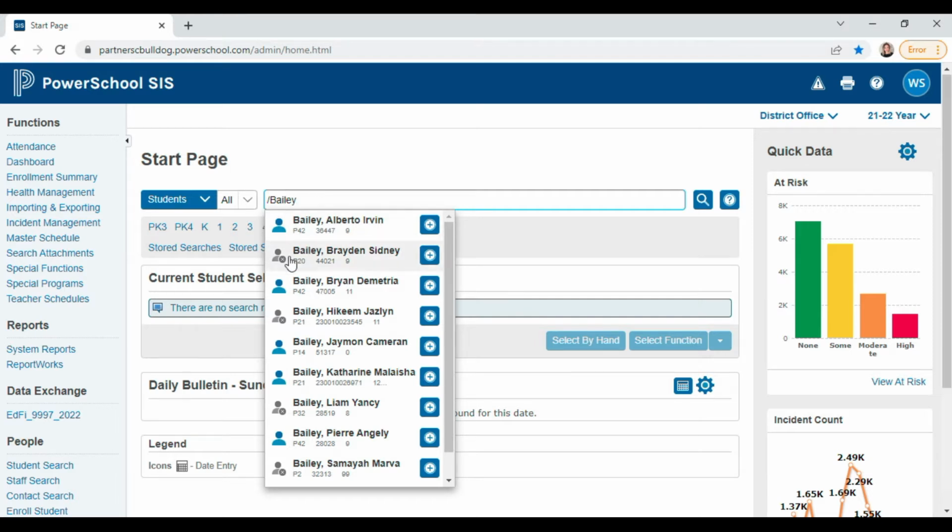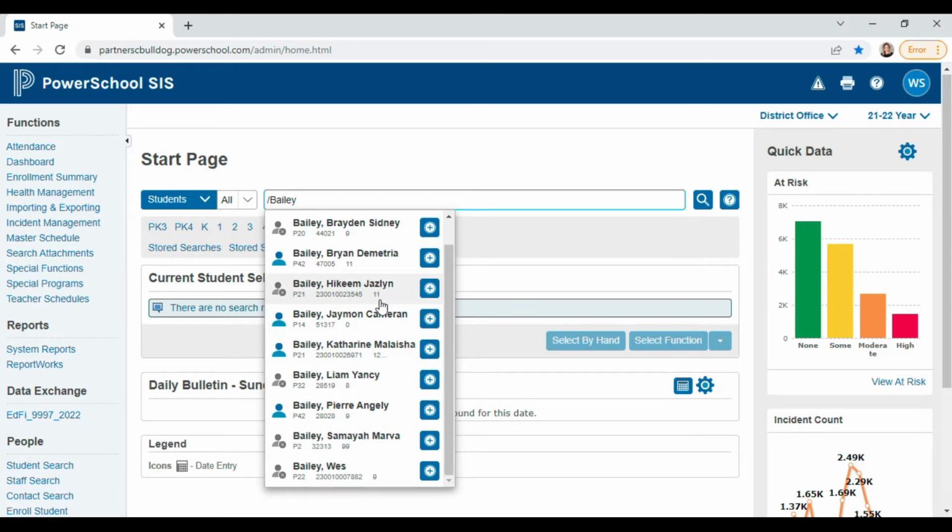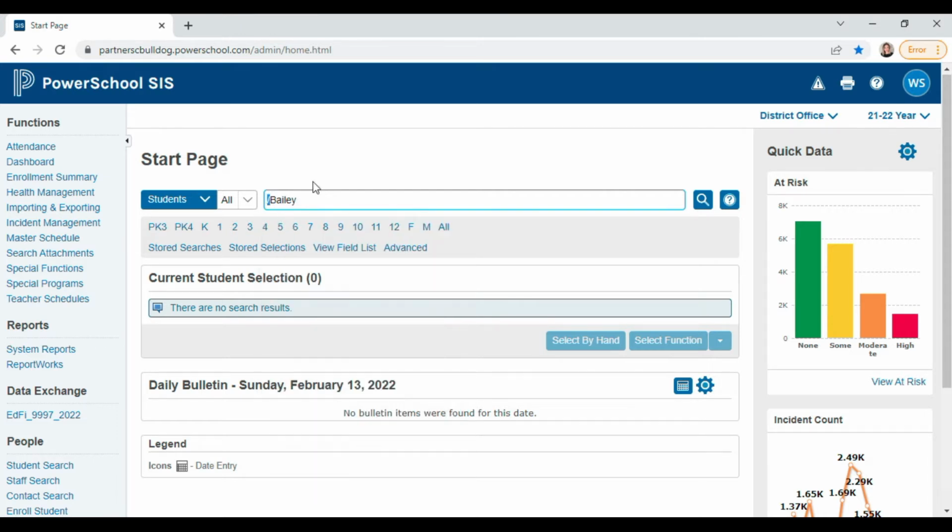let's take a look at what we have. You'll see that 10 students with the last name Bailey show up here. And some of them show an avatar that's gray with a little X, and some show this blue avatar right here. And so I can see that there are actually 10 student records in this district for students with the last name Bailey, but some of them are active and some of them are inactive. Maybe that's for different reasons. Maybe some of them are in a pre-registered status, but in any case, you'll see that they have different statuses. So the point here being that if we want to check and be absolutely sure within a district that the student doesn't already have a record, we want to precede our search string with that little /.